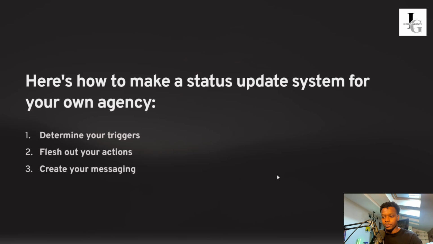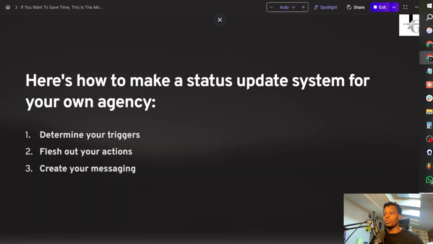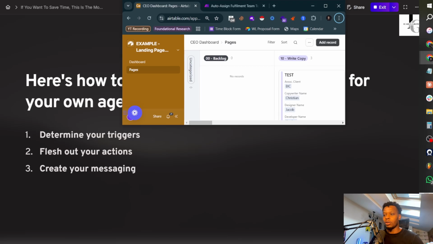So I'm going to outline how to make a status update system for your own agency, and it's in 3 parts. 1, determine your triggers, because remember, we're daisy chaining things here. Number 2, flesh out your actions, and number 3, create your messaging. So this is good timing, because what I'm going to do now is go through what this would look like for